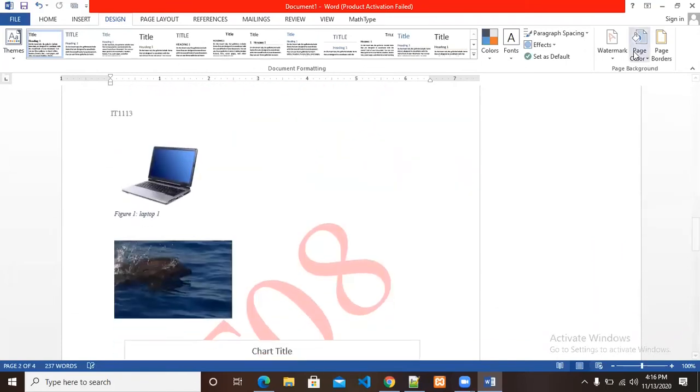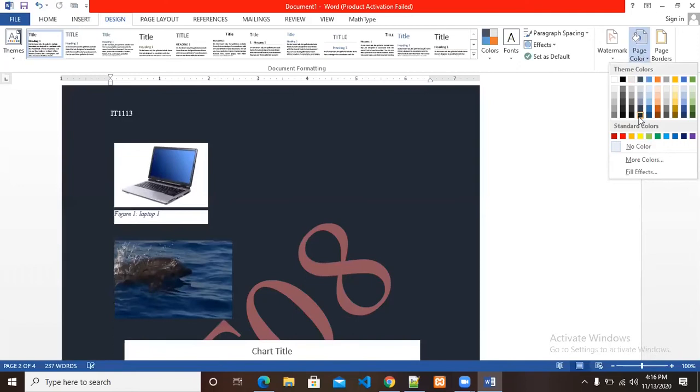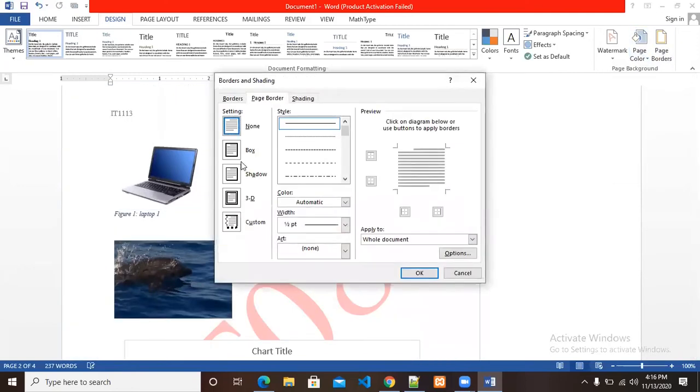This is your watermark. So same like that, you can add page colors and also the page borders. Here's the thing, page border is